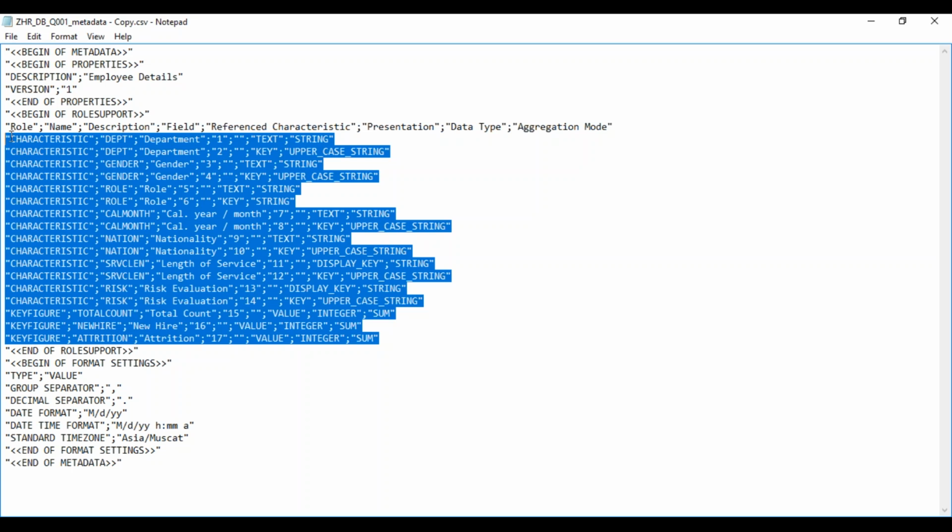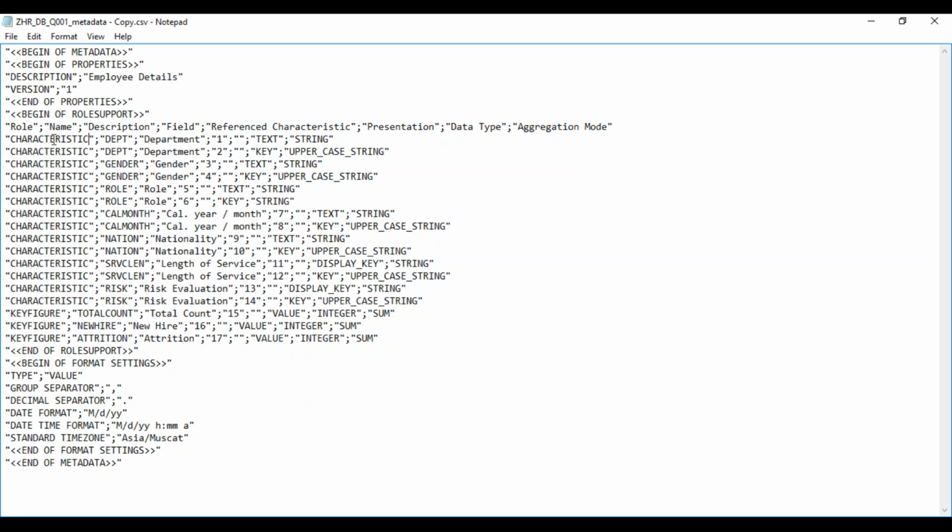So based on that, you put the characteristics. The first column will always just change it based on your requirement. Like instead of department, if you have customer ID, you change it to customer ID, and what you want to call it. This is the first thing, the technical name, and the second thing is its description. So you want to call it customer name or something, whatever. This is your first column. This is column number.